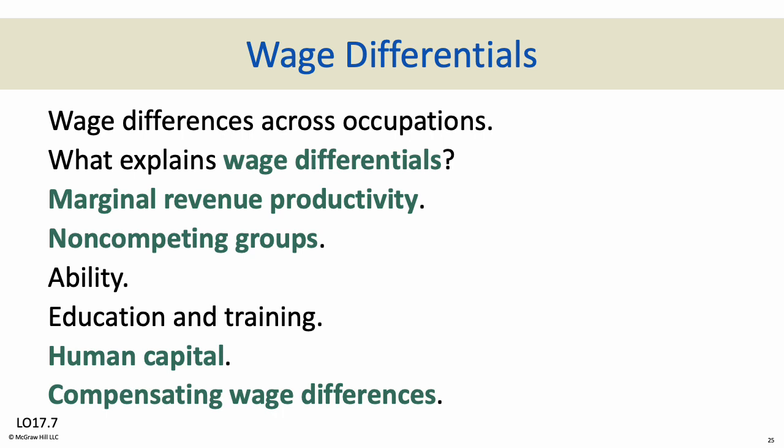So if you went from a job where you were working remote and didn't have to commute to one where you have to spend money to commute by train or car, you may expect a higher wage as a compensating difference. That's an example there. Undesirable jobs must pay higher wages to recruit workers who could easily qualify for less demanding positions. Why would you want to work in a job that's really stressful or really undesirable? Generally, the difference is higher pay. If that job didn't have higher pay, you would not choose to work in that job.